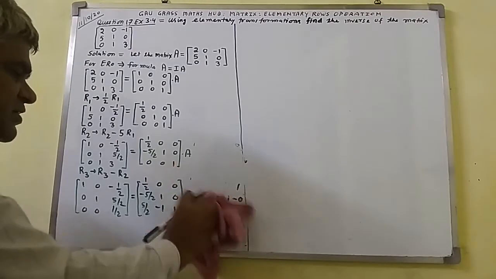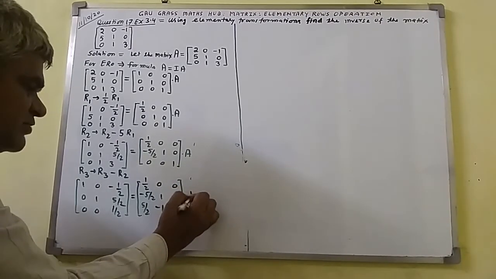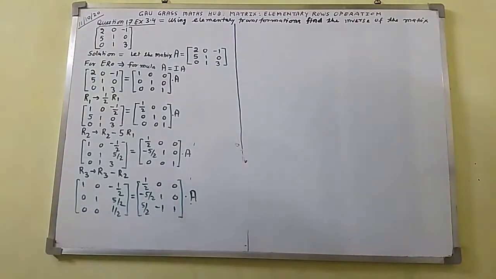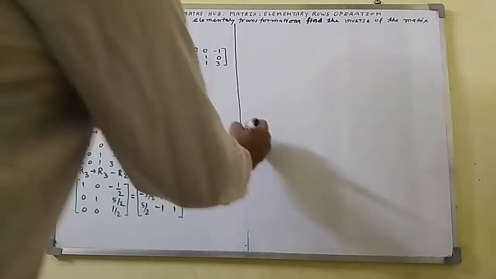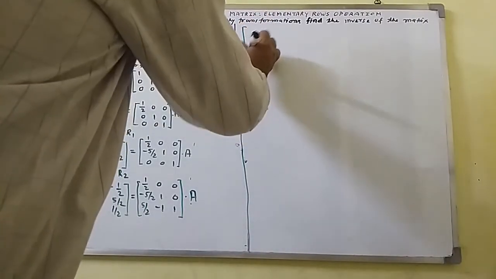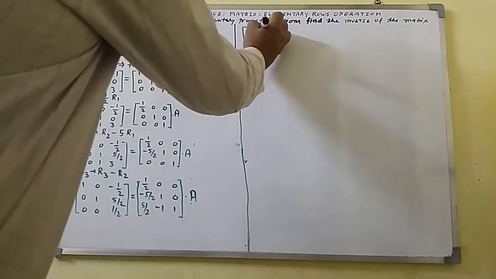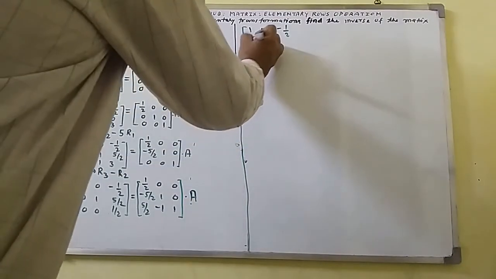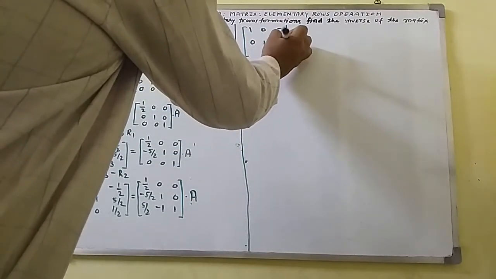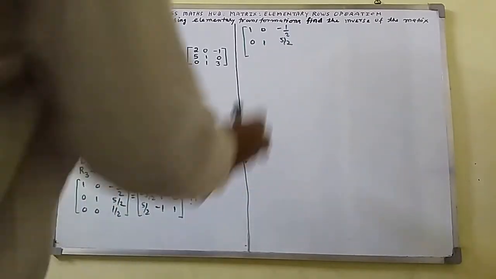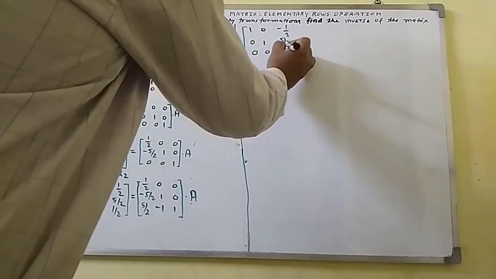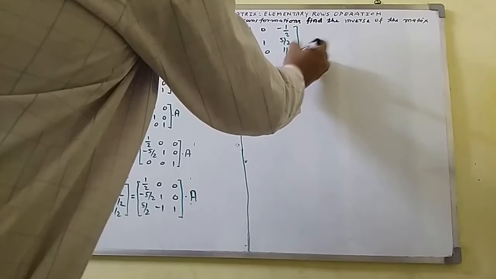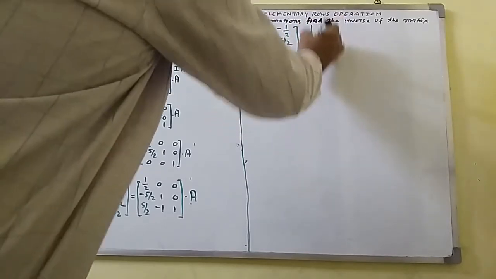After that I shall remove this one. Dot A I shall leave here. The same thing I am going to reflect here. You can see, I am going to draw a vertical line. Here the same matrix I am going to write: the elements of the first row, 1 0 minus 1 over 2; the elements of the second row, 0 1 5 by 2; the elements of the third row, 0 0 1 over 2. Closing of the square bracket, equal to you will get here.